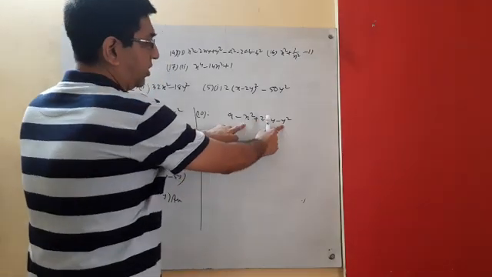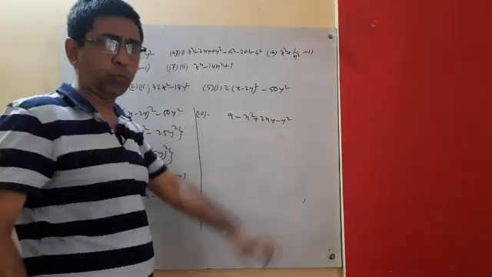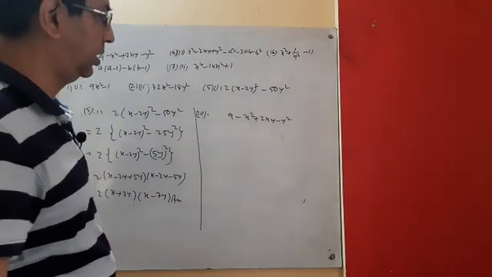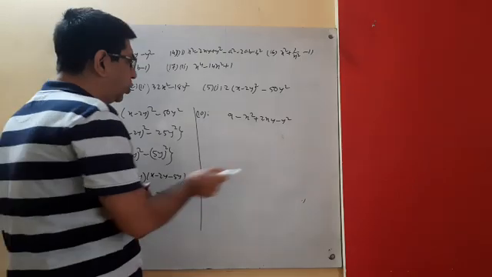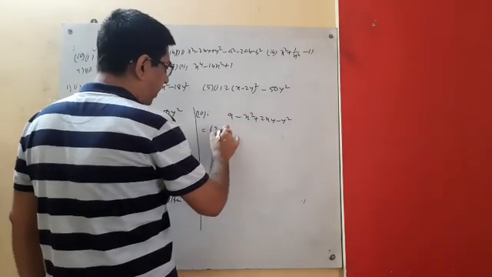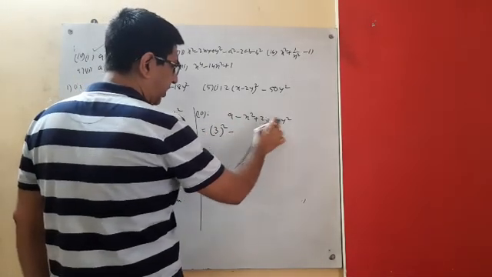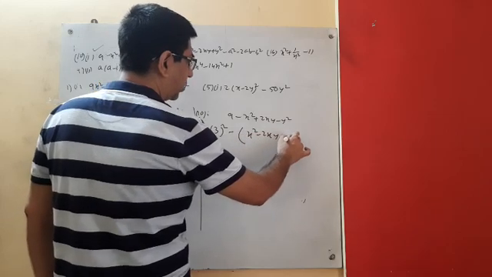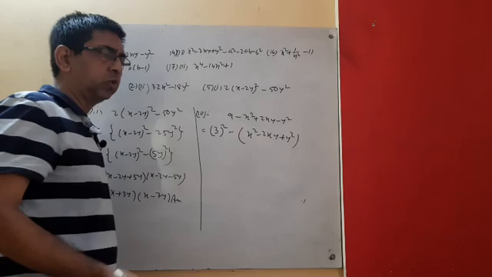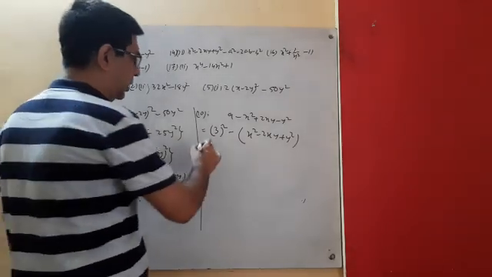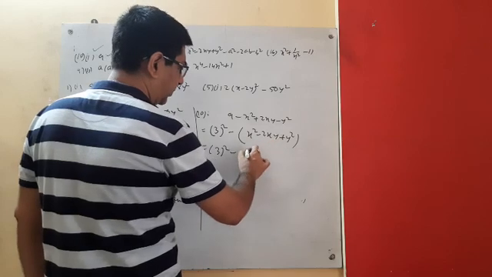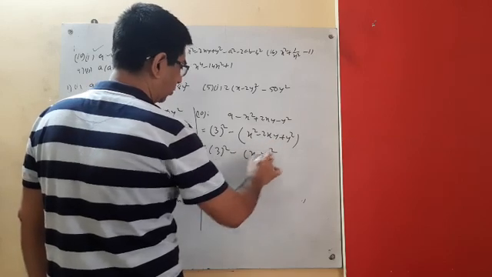If we go for x square and y square, there is a problem, because both the signs are the same. If you take common minus, it will be x square plus y square, not possible. But what we can do? Look, 9 is a perfect square, and we take common minus from these 3 terms. Whenever we take minus common, all the signs will be inverted. So this is 3 whole square, and look, a square minus 2ab plus b square, that means x minus y whole square.